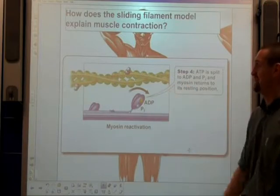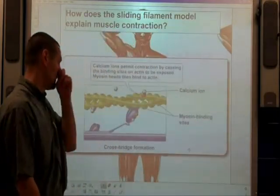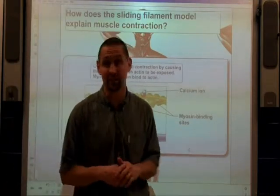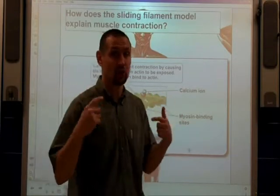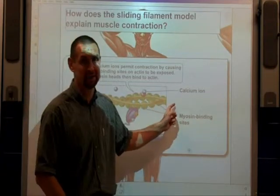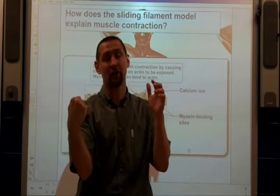So now we have detachment, and then they can slide back to their original positions, and the sarcomere is at rest once more. But notice that there are some safeguards here, so that your muscles don't contract willy-nilly. There are some things that have to happen so your brain can control when your muscles contract. Namely, these binding sites are covered by tropomyosin and troponin. These are other proteins, and they prevent that cross bridge from happening